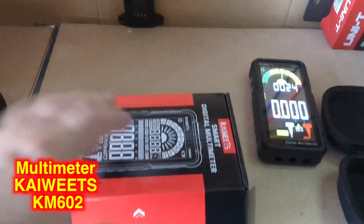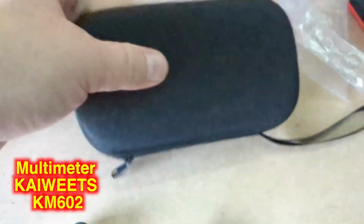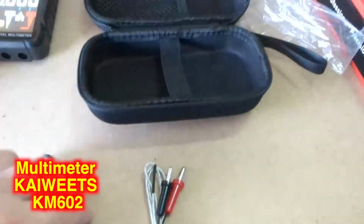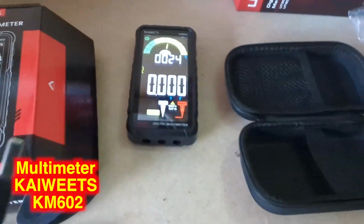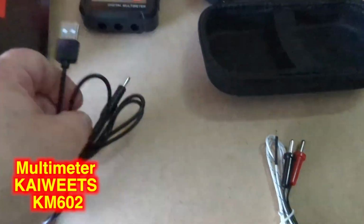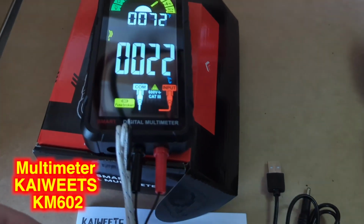What you get: measurement cables, battery charging cable, thermometer. Smart mode. This smart multimeter enters smart mode by default. In smart mode, the voltmeter automatically measures voltage, resistance, and continuity. It can identify the measurement content and select the range with the best resolution, making the measurement more convenient and